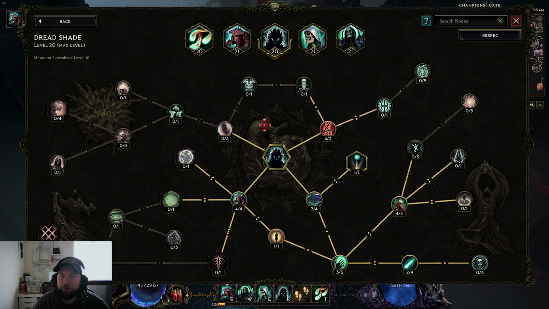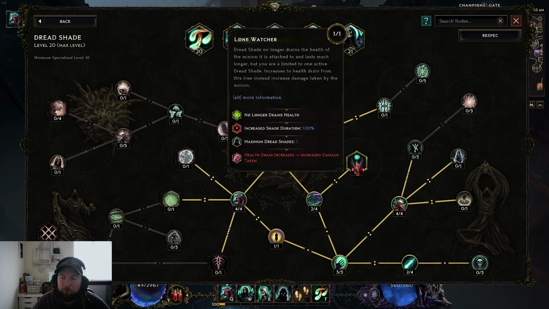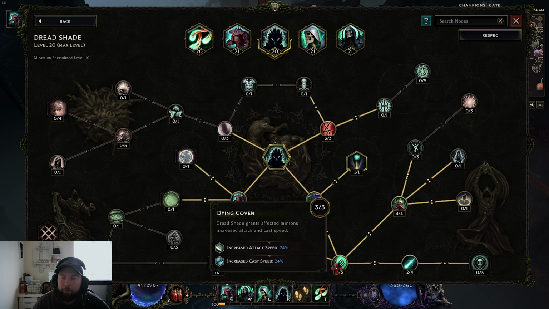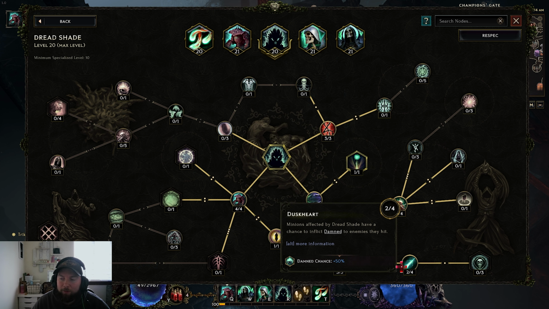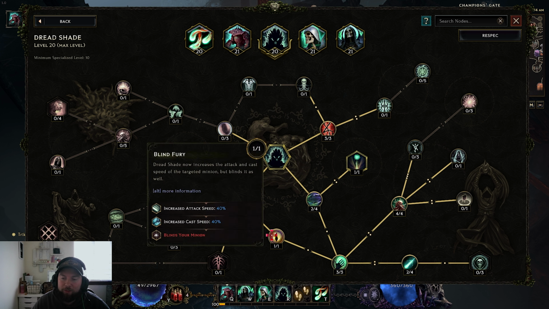For Dreadshade, we're just using this to increase the damage and attack speed of the minions. We got 2 points in Spectral Presence, 1 point in Lone Watcher, 3 points in 𝐻𝐿𝐼𝐴𝐻𝐿 for that attack speed form, 4 points in Grim of Fate for that increased area, so it affects all of your minions at once, and then of course gives them damage, 2 points in Duskheart to give them some damned on hit chance,